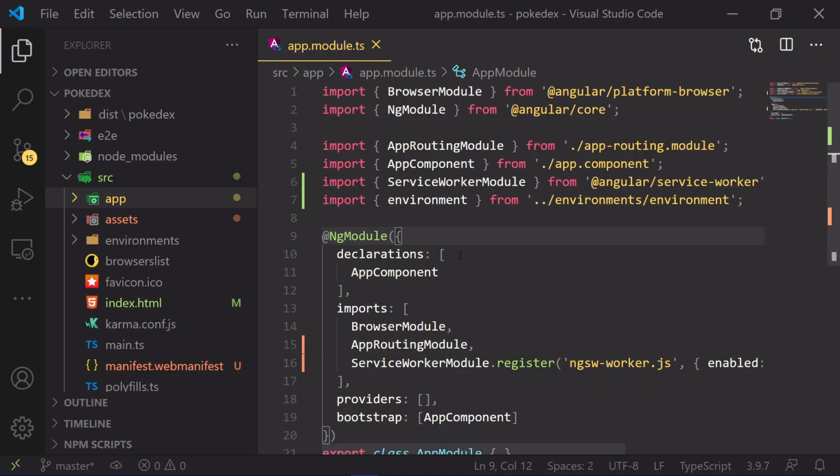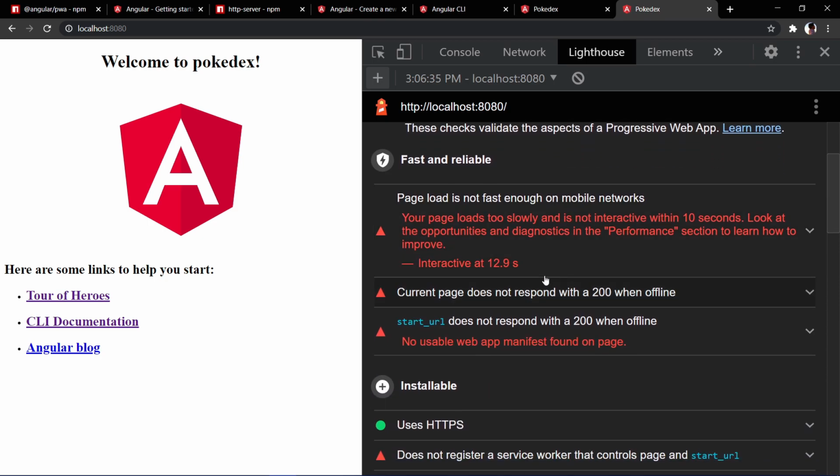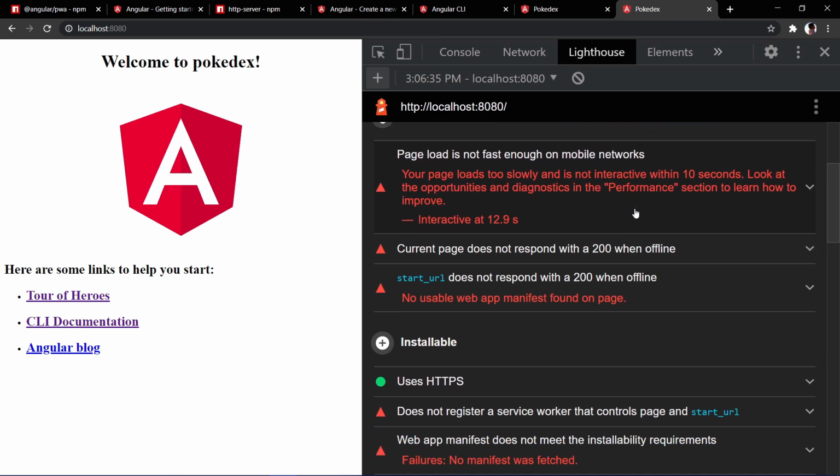Now as you can see, there are a lot of files and a lot of configuration which has been added. So now let's see what different PWA problems these files solve. We'll go one by one through the different features which have been added to your application by the PWA library, and what problem each solves specifically for the PWA Lighthouse issues which have been specified. Here in the Lighthouse console, there are problems related to page load not being fast enough on mobile network. Okay, so that is one problem which has been shown here.